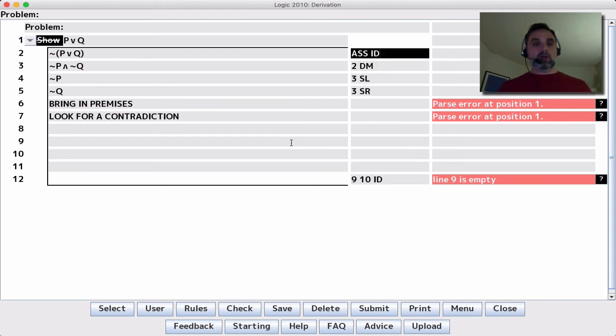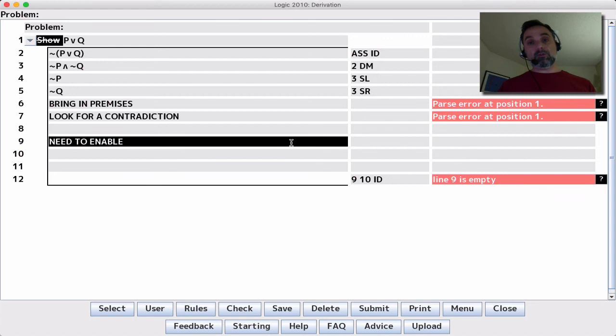These steps, okay? When you have a disjunction to show, then you say, okay, good, I'm going to make an indirect assumption, but then I'm immediately going to apply my De Morgan's rule. And once I've done the theorem that turns it on, I have this conjunction, and I can apply simplification to it. But to do this strategy, you need to enable the DM version that applies to 2, and that's done by doing theorem,